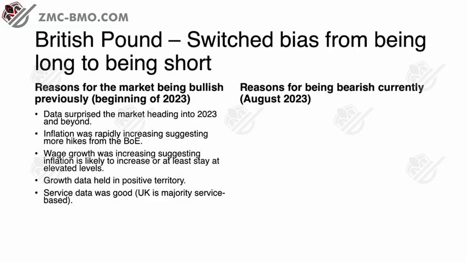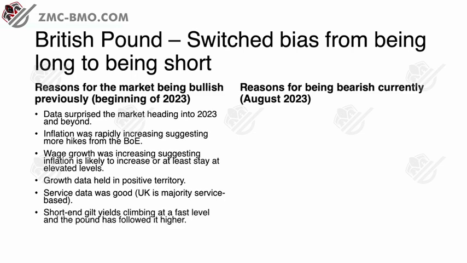Services data was good. The UK is obviously majority services based. So naturally, if you look at services PMI data, and look at the underlying data within PMIs, you would see employment and prices. Those were all pretty good. And that was leading to a strong pound because we know the UK is services based. They're not going to put too much emphasis on manufacturing, but services is obviously a more prevalent thing in the UK. And if that data is good, well, that's another reason to be bullish on the pound.